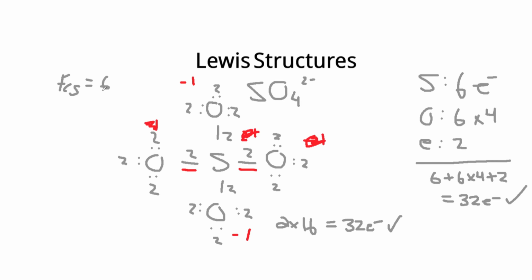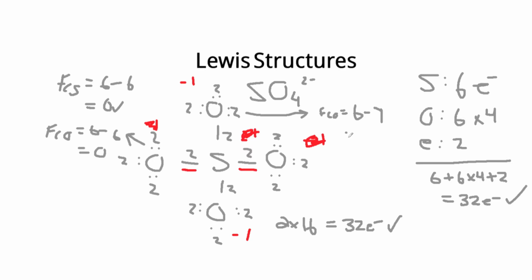Now, sulfur has a formal charge of 0. The two oxygens with double bonds each have a formal charge of 0. The two oxygens with single bonds each have a formal charge of -1. Adding those together gives 0 plus 0 plus 0 plus -1 plus -1 equals -2, which matches the overall charge